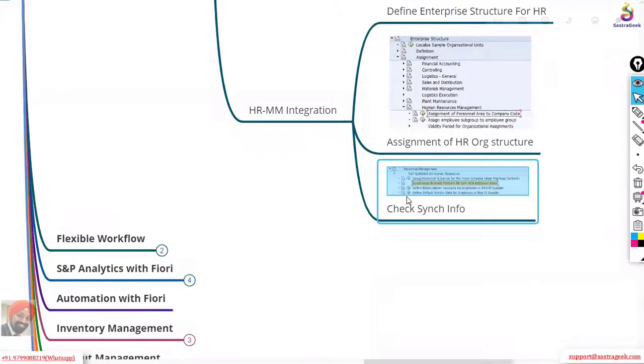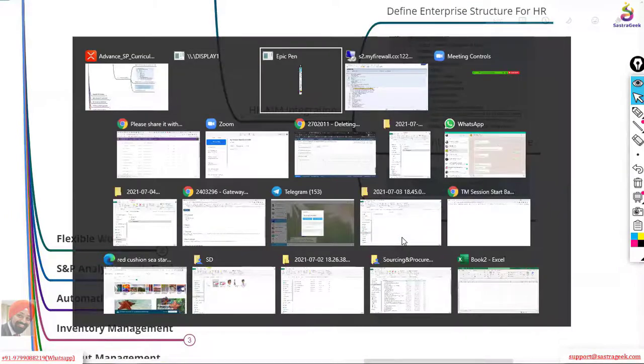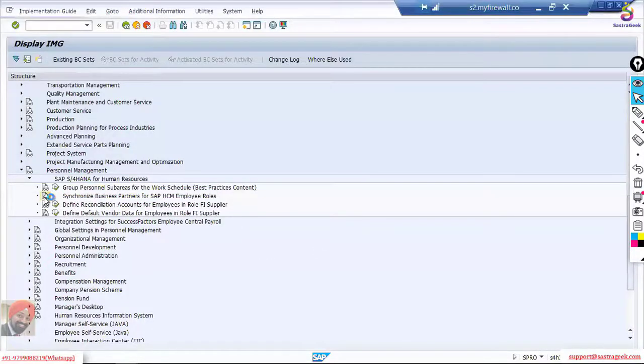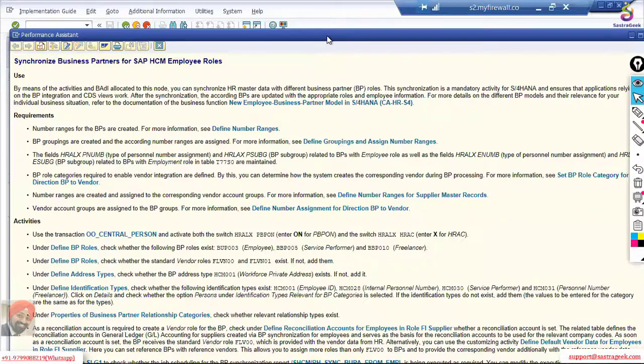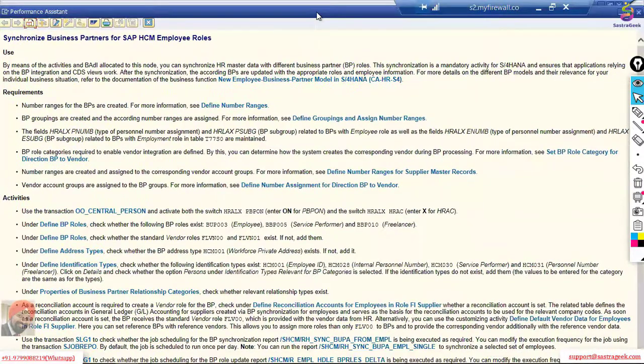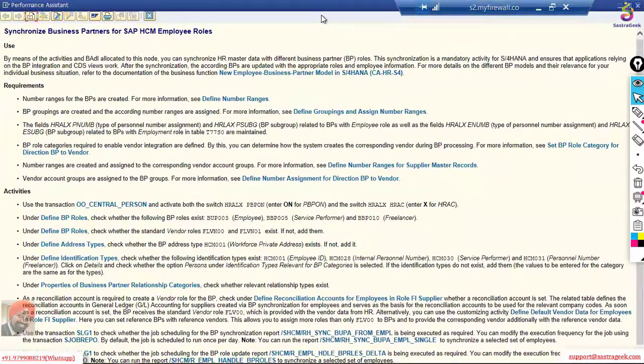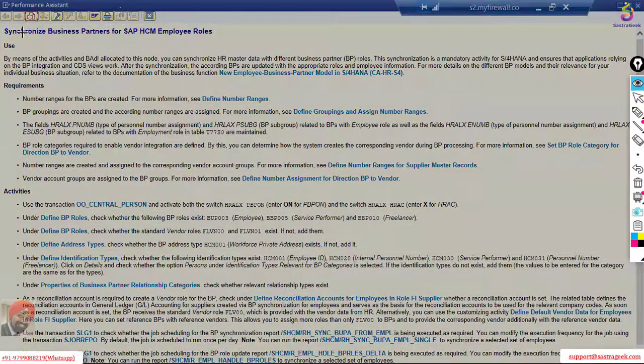So I'm maintaining it here, and I will also maintain a quick screenshot of this, because this has a lot of programs and transactions which you need to do, available here. Okay, so I will also provide a quick screenshot of this.